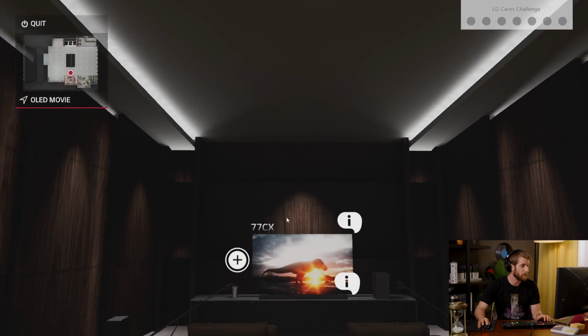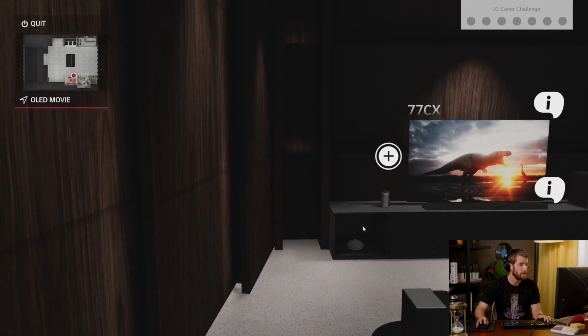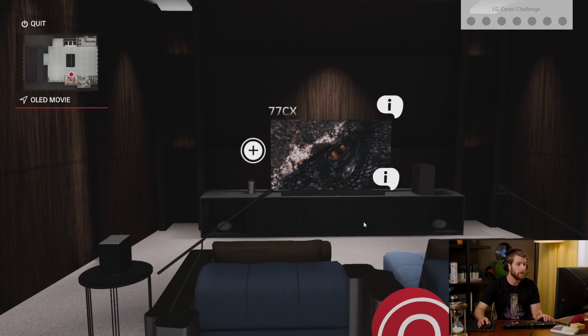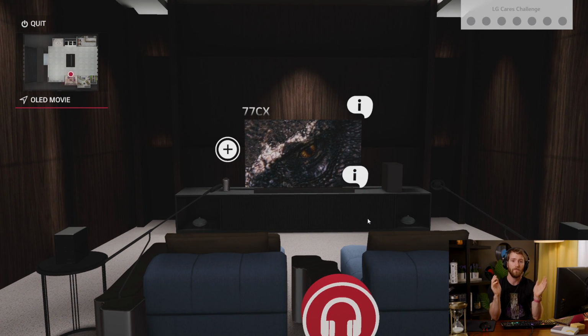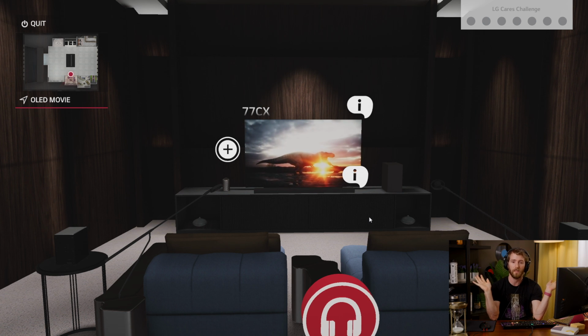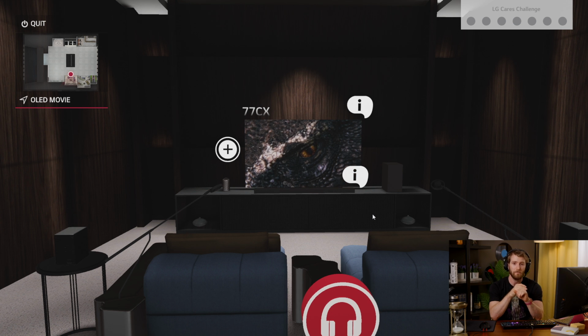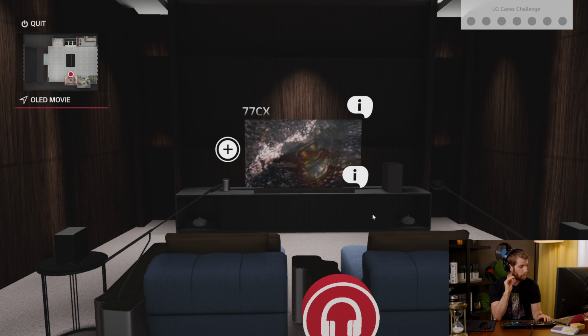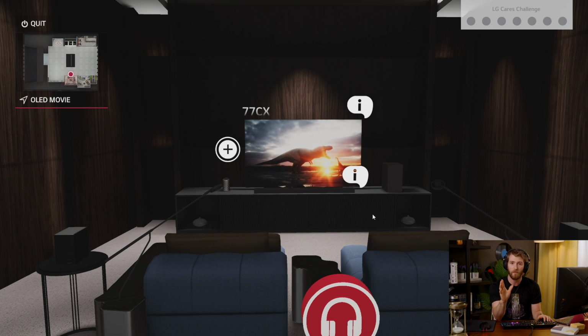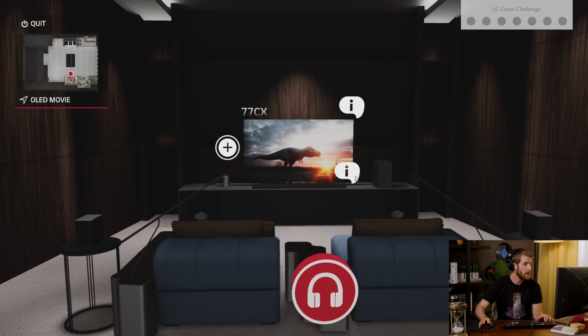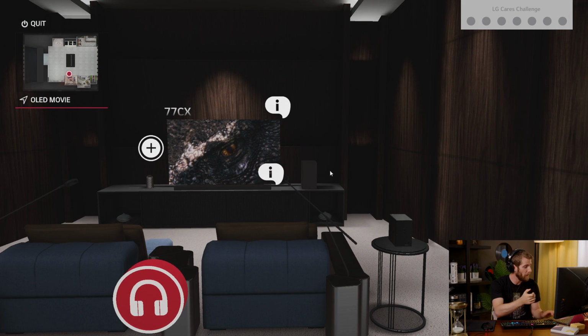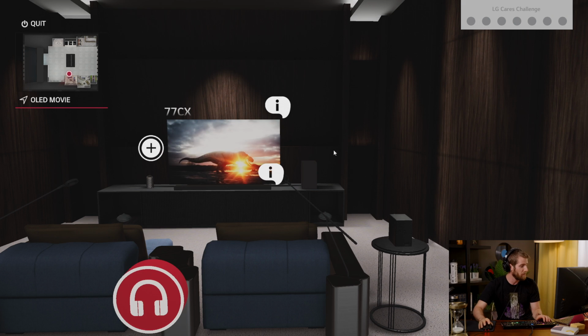That's one of the big upgrades for the C10 over the 9 series that I was using before. And it's so nice to finally just have a set and forget that just displays all the content properly. No amped up vibrancy, no motion smoothing or anything like that. If you guys love those features, hey, good for you. We can't all have taste, that's fine, that's chill. But just having one button that you can press and go, yep, I want to actually enjoy the content the way that it was intended to be enjoyed,